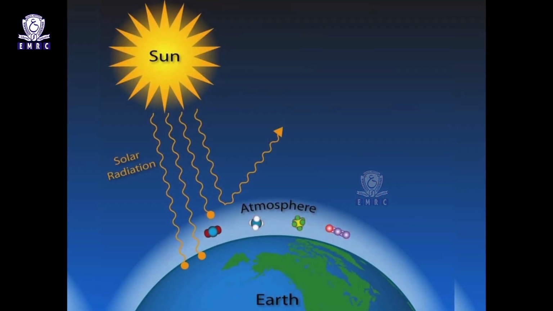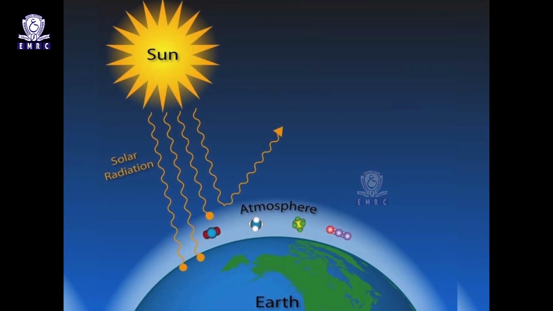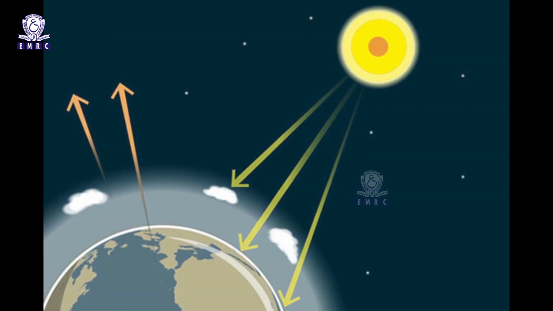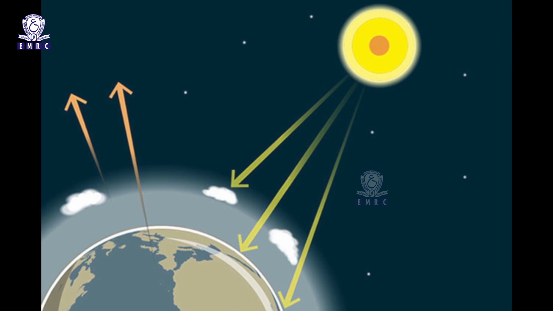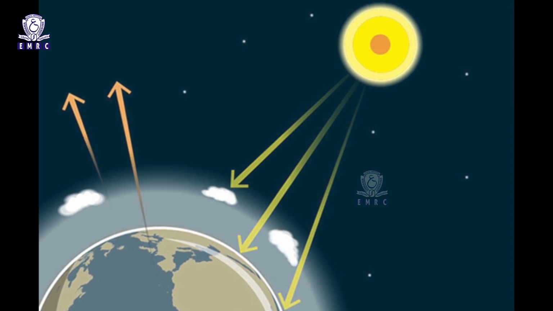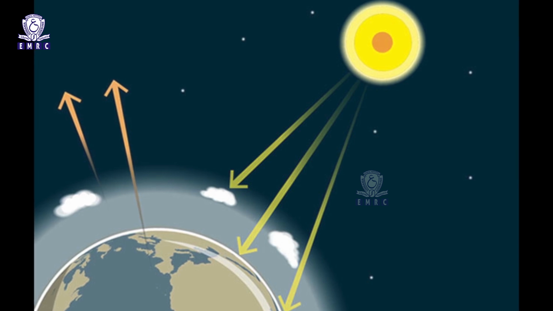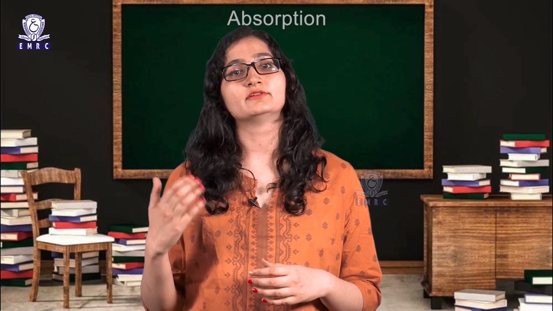In fact, water vapor is the most effective regulator of the surface temperature of the Earth. This effect of the atmosphere is known as the greenhouse gas effect. In a greenhouse, the glass walls or the glass roofs allow the shortwave solar radiation to pass through them, where it is absorbed by the ground and converted into heat. But the long wave terrestrial radiation is not allowed to escape through the roof and the walls of the greenhouse. Thus, the heat inside the greenhouse is maintained.